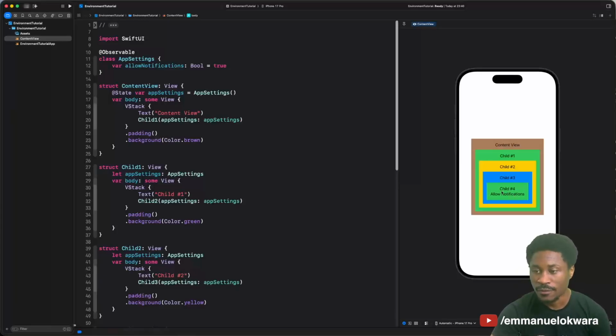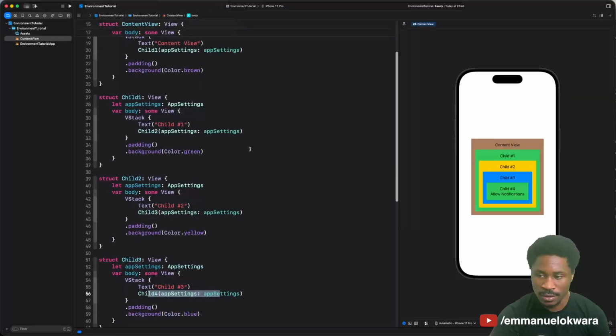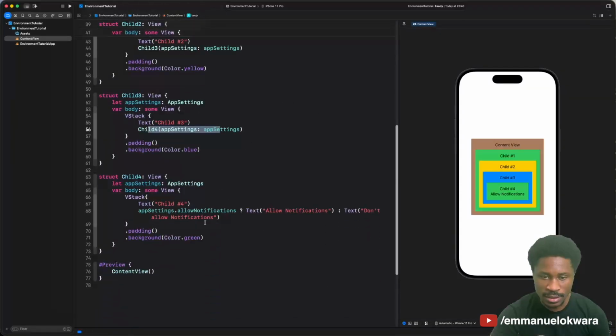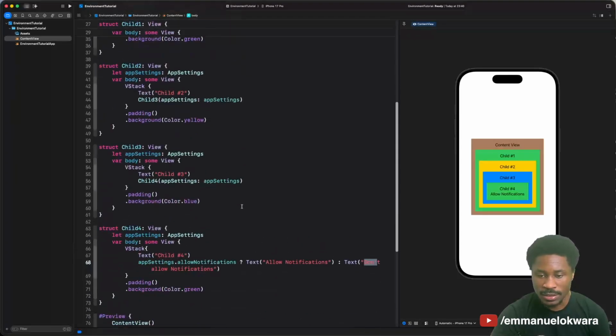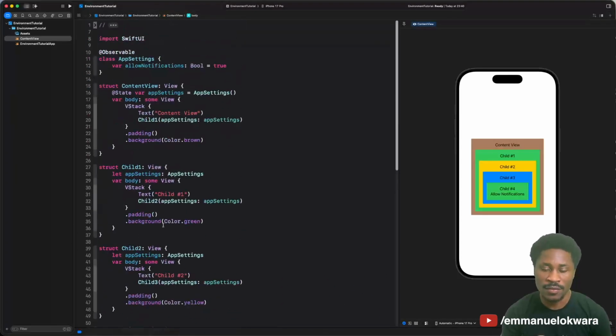In the fourth child, we have this text that checks the app settings and says if allow notifications is on, show allow notifications. If it is off, then show don't allow notifications. Now, what is app settings? App settings you can think of as shared